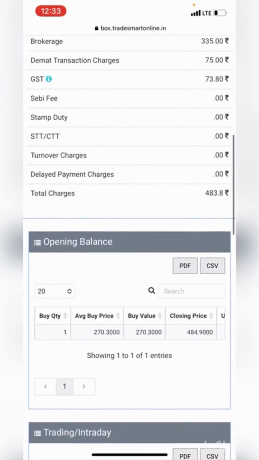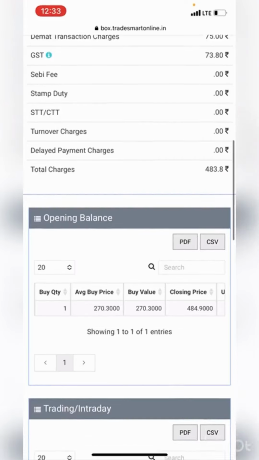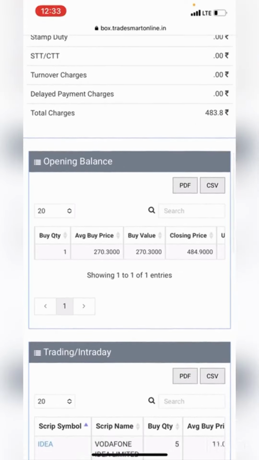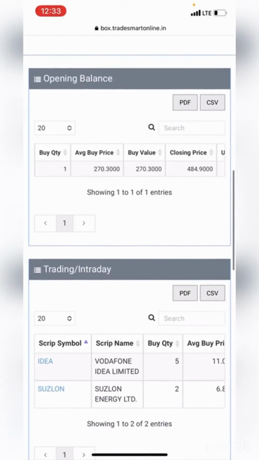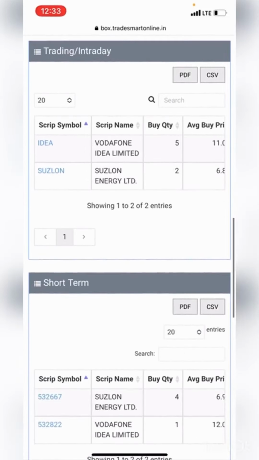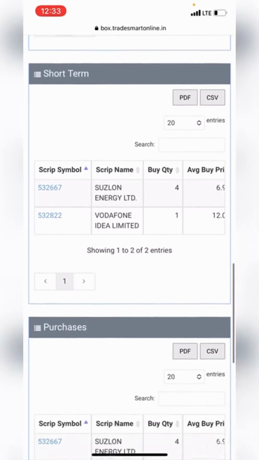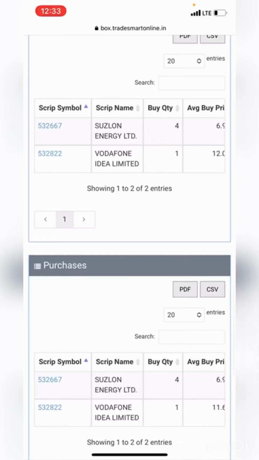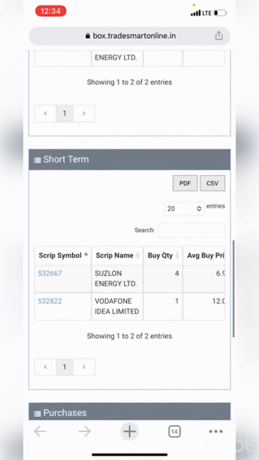Then you will also see the opening balance, which shows you the stocks that you have bought in last financial year but haven't sold them in the current financial year, and much detailed information for the individual scripts such as intraday stocks, short-term stocks, and the purchases that you have made in the current financial year. You can also download these individual reports in PDF and Excel format using these options for the tax filing purposes.